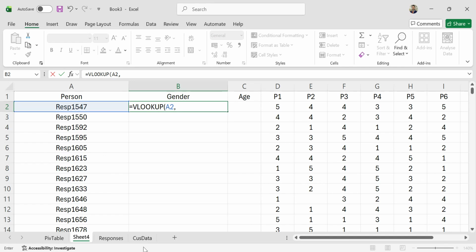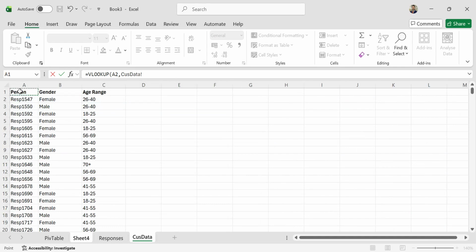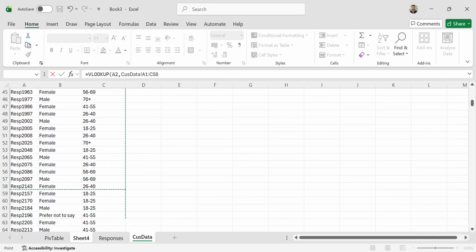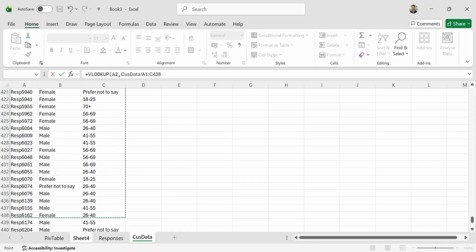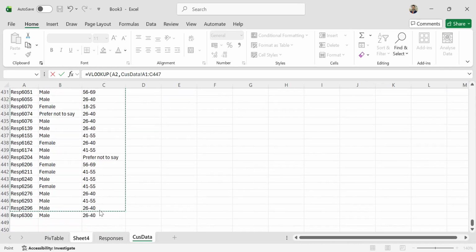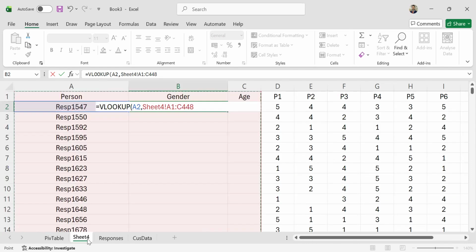Well, I don't need to write, I can simply go in there and copy, but usually Excel picks up the wrong file. You can see that when we go back into Sheet 4, it has picked up Sheet 4. It's not Sheet 4, it should be customer data, CUSDATA. You can have your own names, whatever you feel like, but I have just got this one just in case. This is the customer data,